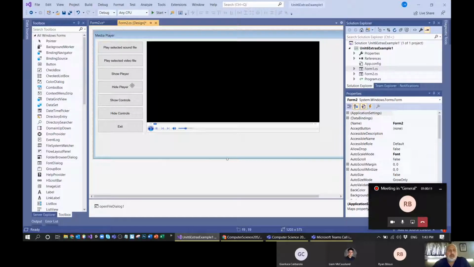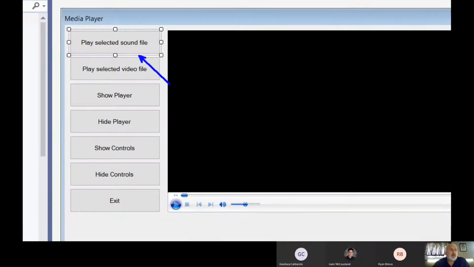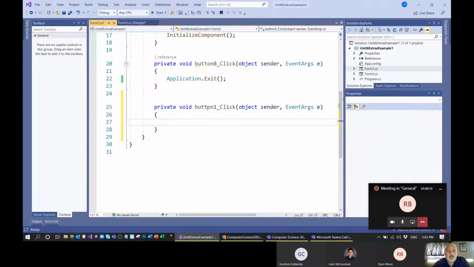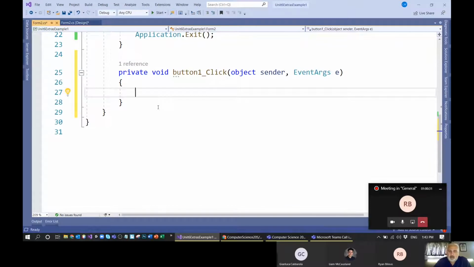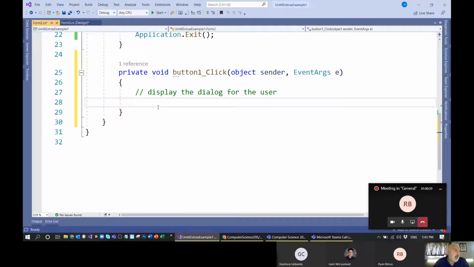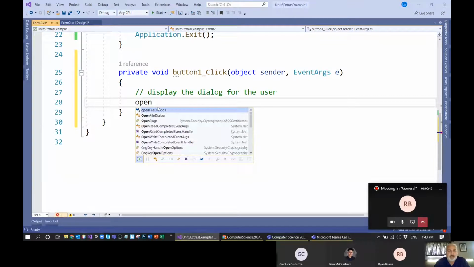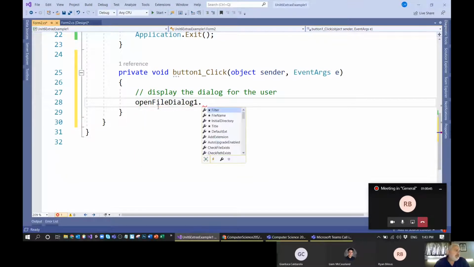Okay. Now what we're going to do is code this first button to play the selected sound. And again, I didn't bother naming it, so mine's just called button1. The first thing I'm going to need to do, and I'm going to start closing some of these windows so I can make the code bigger, is display the dialog for the user. To do that, I say openFileDialog1.ShowDialog();